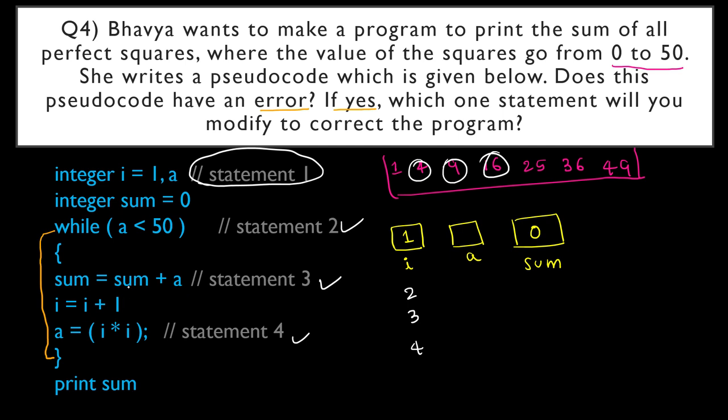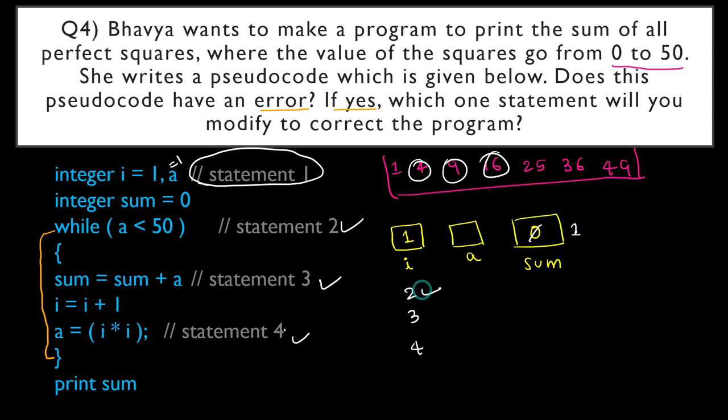So we are saying sum is equal to sum plus a. So sum is equal to sum plus, what will be the value of a that will be executed here the first time? There is no value here. Okay, so we have to change this to assign a value to this a in the beginning. So since we assigned I is equal to 1, we will also assign a equal to 1. Now what will happen? Sum is equal to sum plus 1. So that is nothing but in the first step this will become 1.